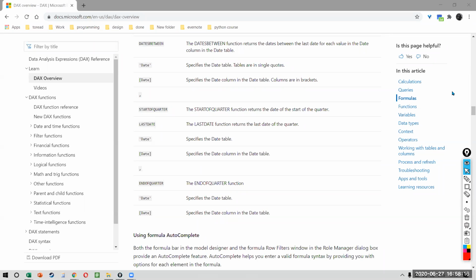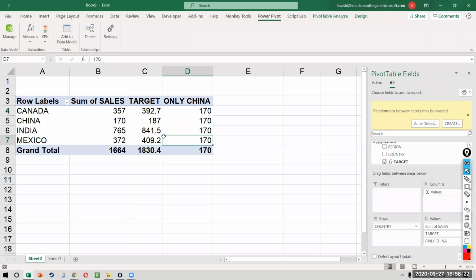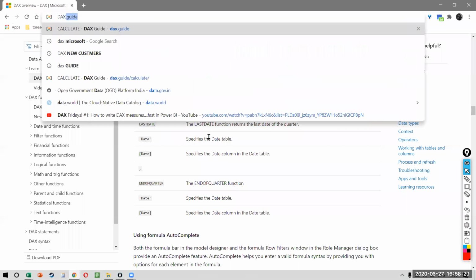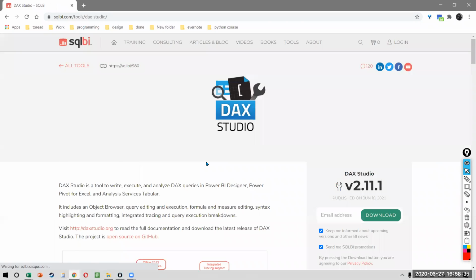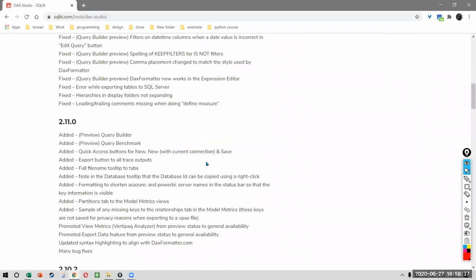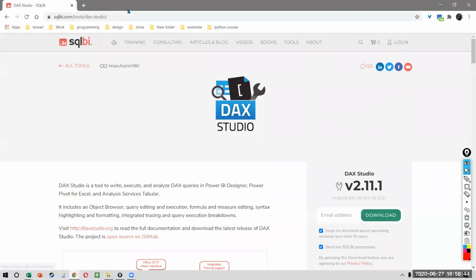Okay, so Arun, you asked me whether there's a custom DAX add-on which simplifies our queries. I'm not sure if it simplifies your queries or not, but there is something called DAX Studio. You can install that. It's created by Marco Russo and Alberto Ferrari. It's a free add-in. Again, I'm not sure if it will help you make simpler queries, but this is the only thing that is there. It's called DAX Studio. You can check this.